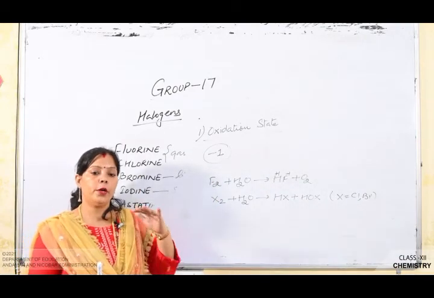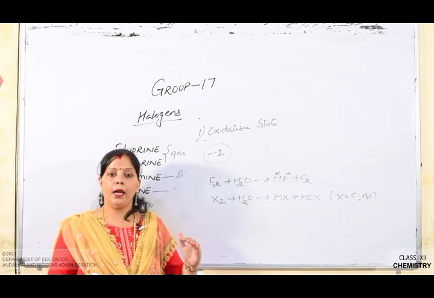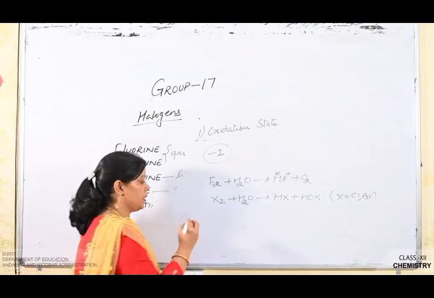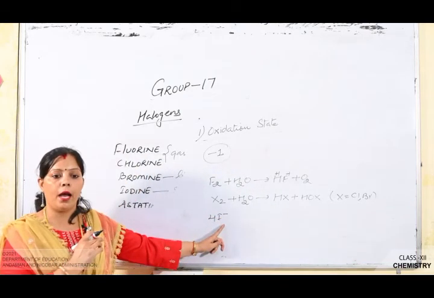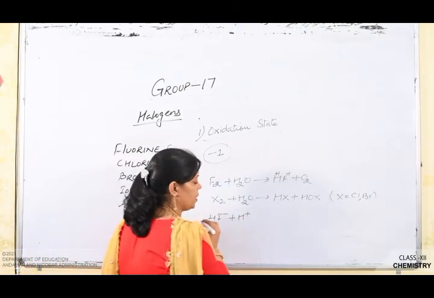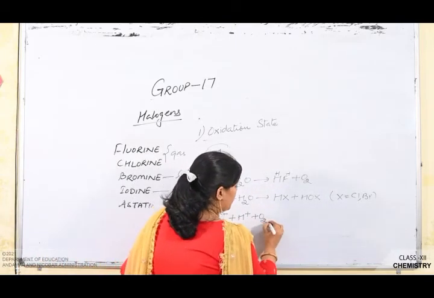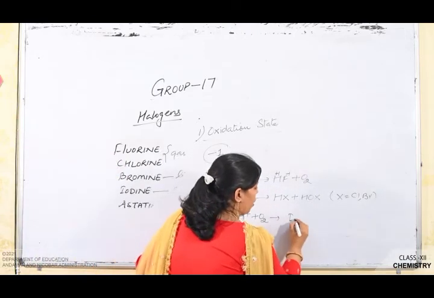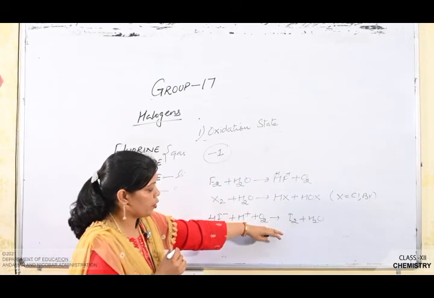Okay children, next is the reaction of iodine with water, which is a non-spontaneous reaction, and the iodide ion can be oxidized in acidic media. In the acidic media, the reaction is 4I minus, where we take the iodide ion, reacted with H plus, and it undergoes the oxidation reaction using oxygen, and after the reaction it gives iodine along with the water molecule. So there are differences in the formation of the product.